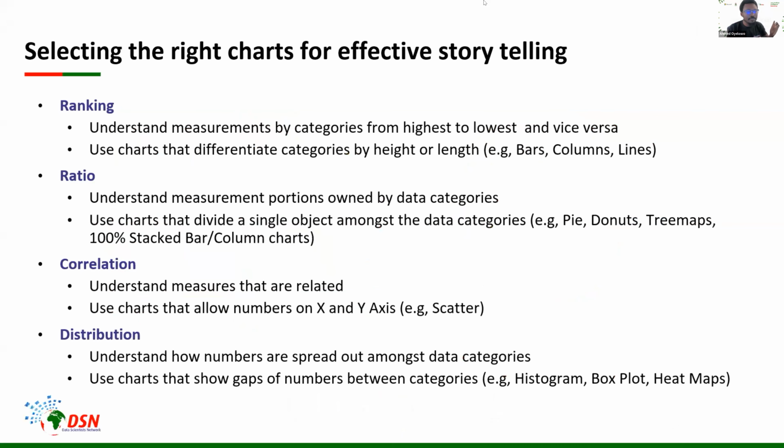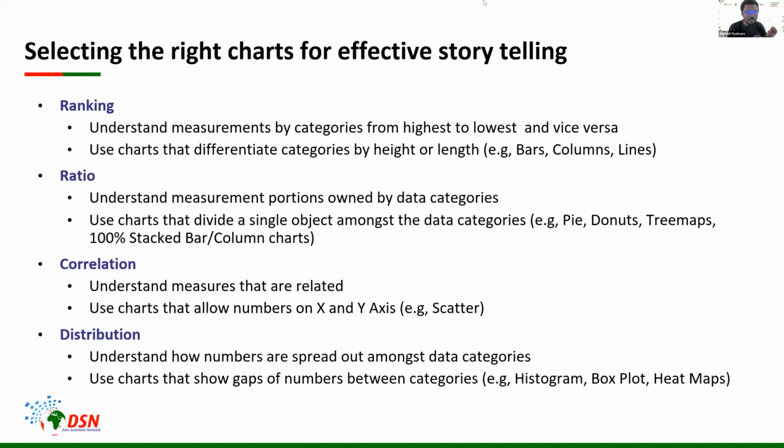So in selecting the right types of visuals, we have 4 major types of stories, or 4 major types of information we are trying to communicate. Just like in English language, there are different ways to split English language, depending on what we want to talk about. There is past tense, present tense, future tense, and there are ways you have to use the language to convey those different types of information. So when we are reporting data and telling data stories as well, there are majorly these 4 types of storytelling that we have.